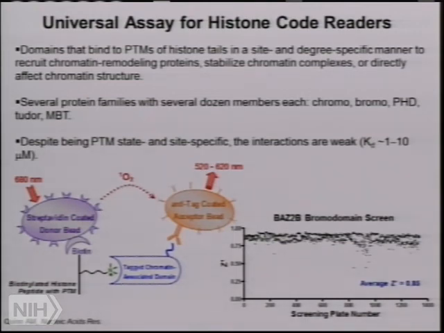If you have a disruptor of this interaction, this will result in loss of signal, and you will clock that compound as a positive or hit in your screen. To date, we've run one bromodomain screen against the entire collection, well over 1,000 1536-well plates with excellent Z-prime statistics for the screen, and we're in the process of validating some of these primary screening hits that we got from the screen.